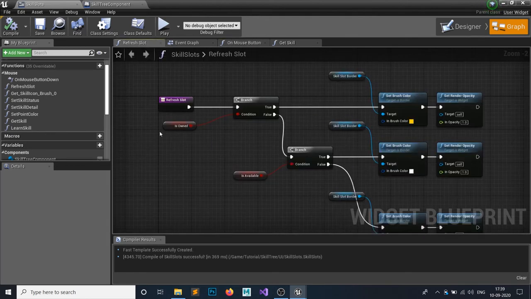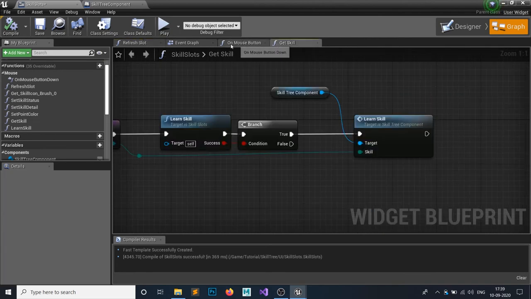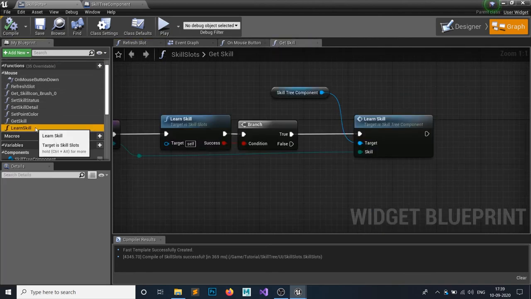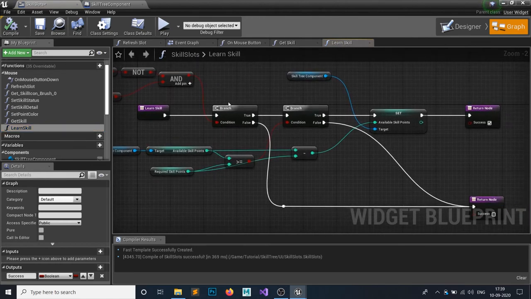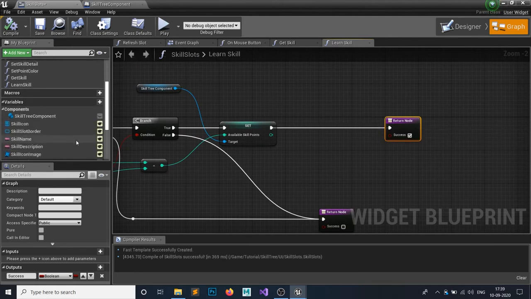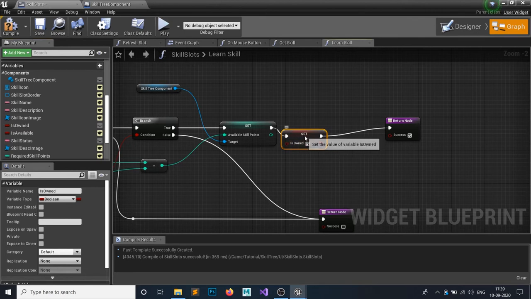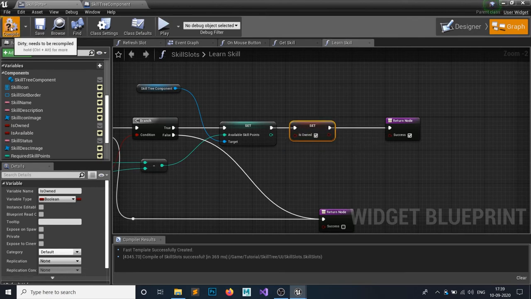And the refresh should check is owned or not. Yep. It's a simple mistake, simple fix. So in this learn skill function of your skill slot UI, after learning a skill, just set is owned for your skill slot to true. Hit compile and save, and this should work now.